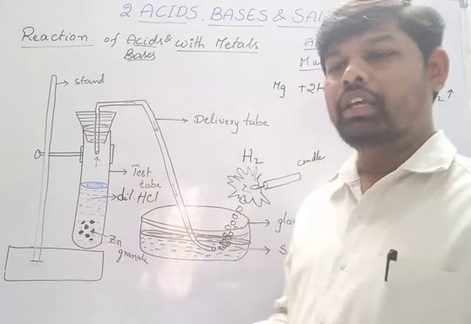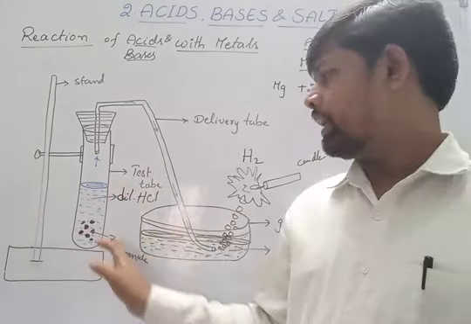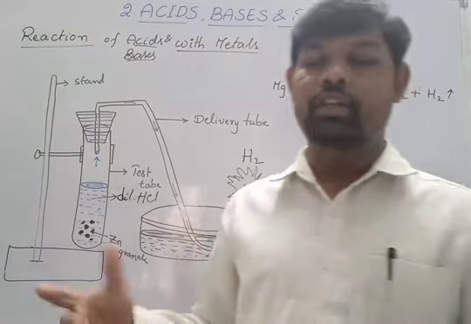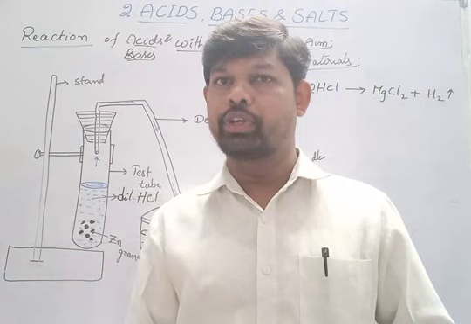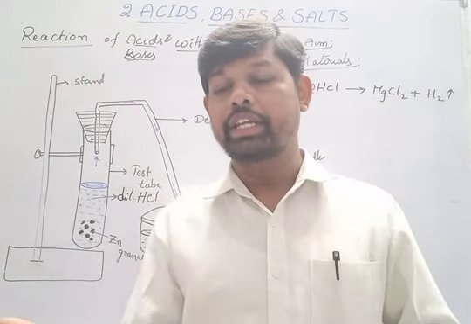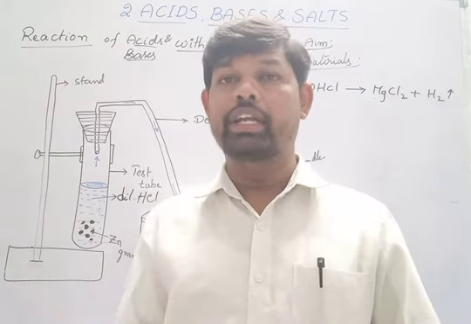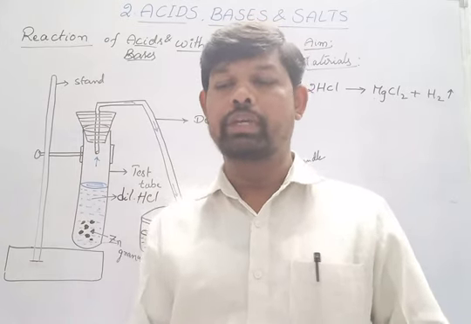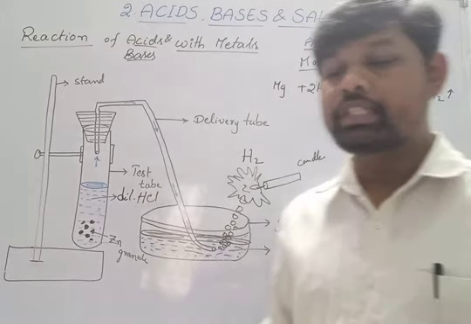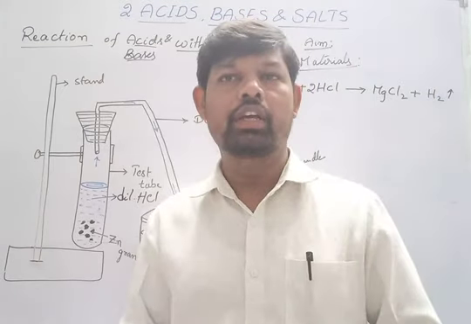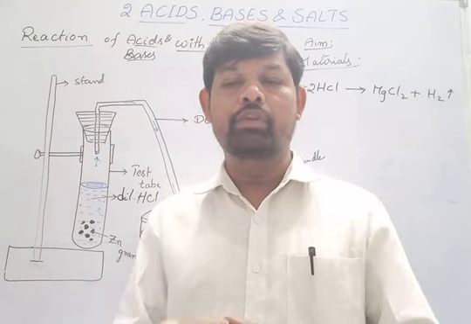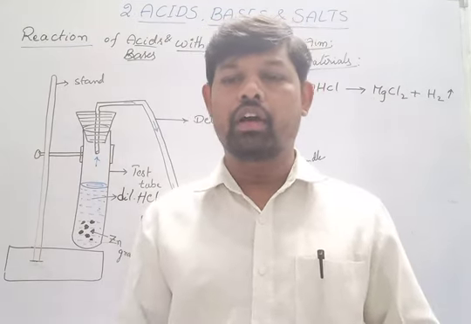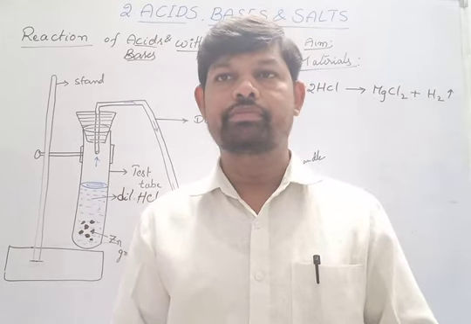Okay. So you can take another metal. H2 gas is produced. Then you can conclude it is an acid, because for NaOH also H2 gas is produced. But it is not possible with other materials. All metals, it is not possible. It is given as a note on page number 23, you can see. However, such reactions are not possible with all metals with bases only. But with acids, all metals give hydrogen gas.